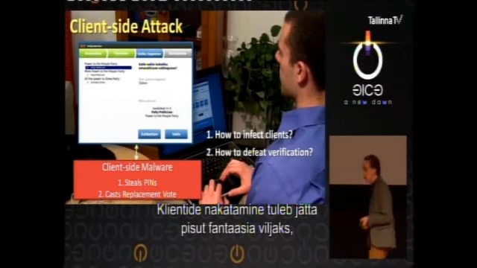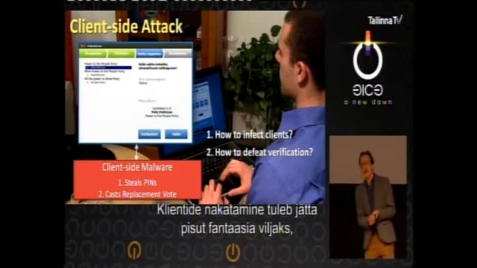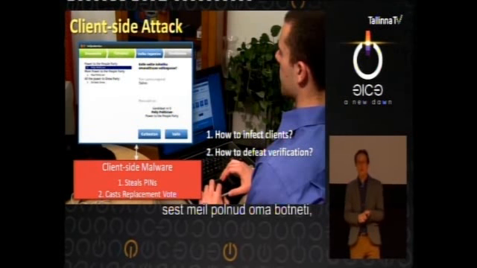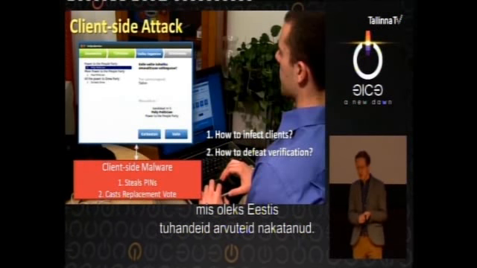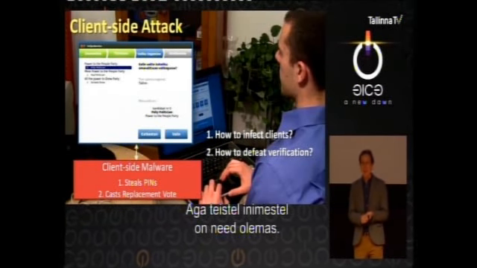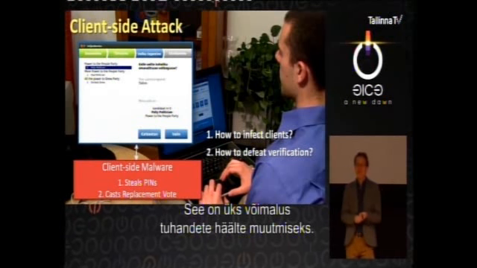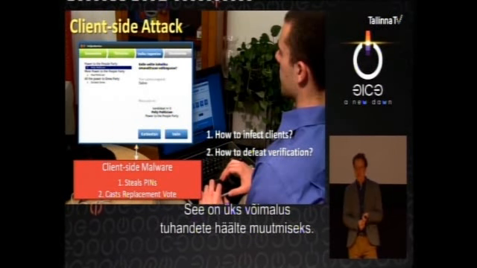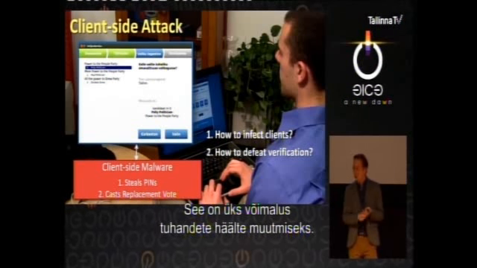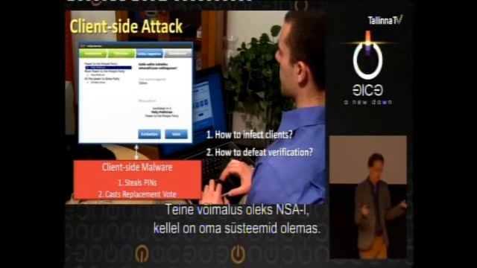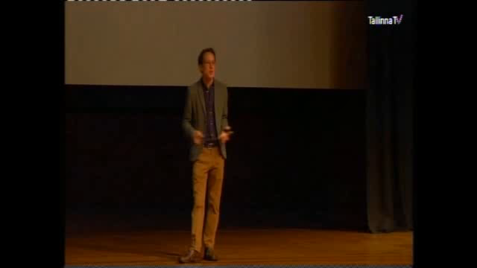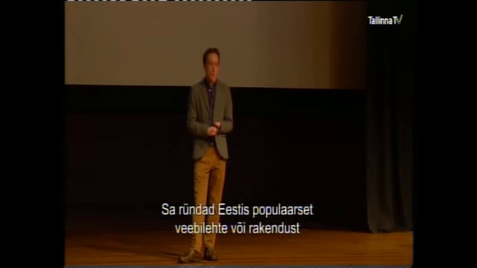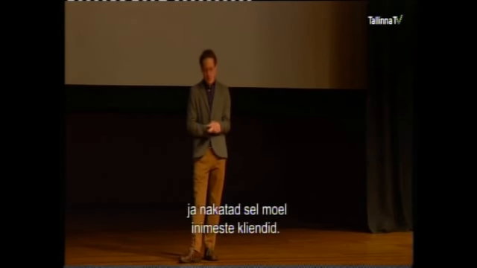Well, we have to leave this a little bit to the imagination because we didn't have a pre-existing botnet infecting thousands of computers in Estonia to play with. But other people do. And so that's one way you could easily imagine changing thousands of votes. Another way would be, if you're, say, the NSA, you have your stockpile of 0-days, you just attack some popular website or application used in Estonia, and thereby infect people's clients with the malware.